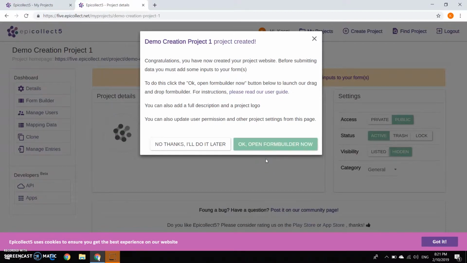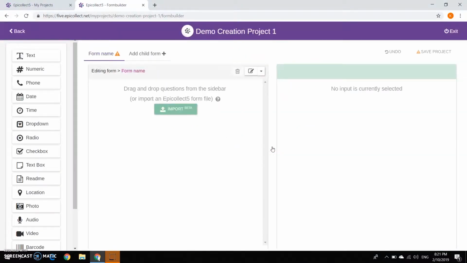Now there's a message that says that you have successfully created your project and you are supposed to open the form builder. Once you open the form builder, you are directed to this page. This page is very important because it allows the educator to create the form, create the type of question